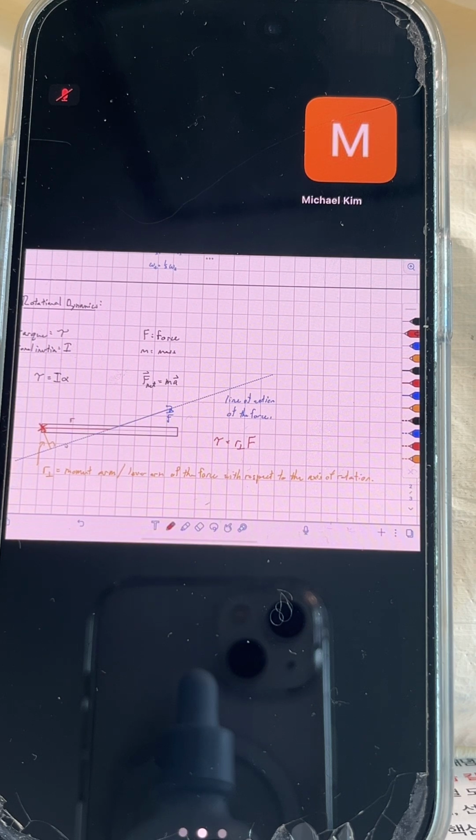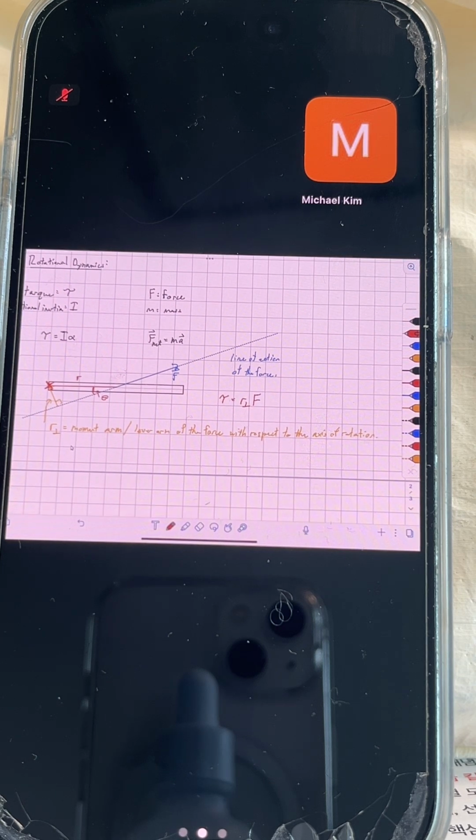So if I call this R, and we call this angle here theta, then I can see that this R perpendicular is just R times sine of theta. And so what that meant is that we could also calculate this as R sine theta times F,